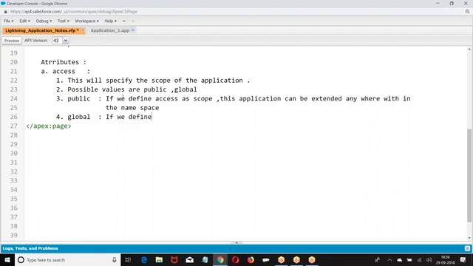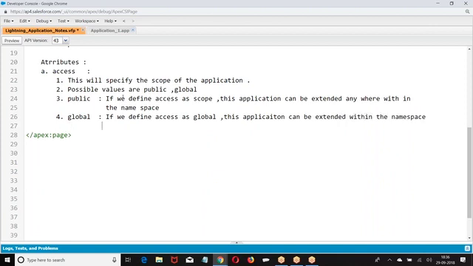If we define access as global, this application can be extended within the namespace and outside the namespace.